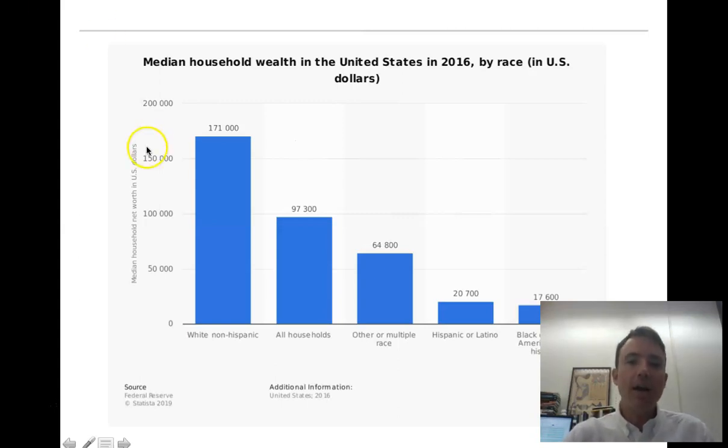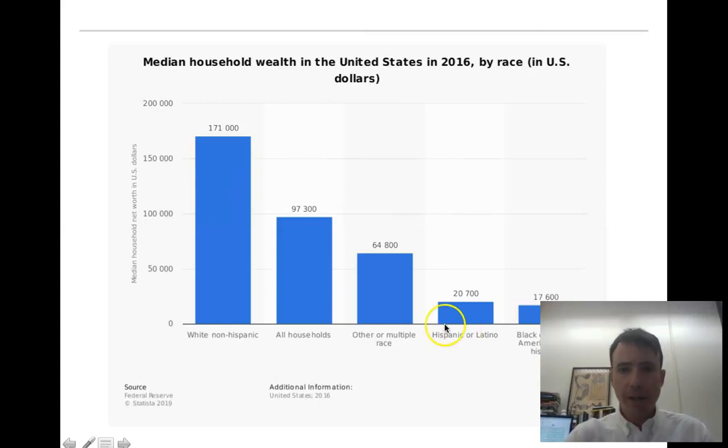So what we're seeing here is essentially huge disparities in household wealth. First off, I'll draw your attention to the all households bar. Of course, the median level of wealth for all households in the United States was $97,300 in 2016. But if we go back to white families, white non-Hispanic, as defined by the Census Bureau, we see that the median household wealth is